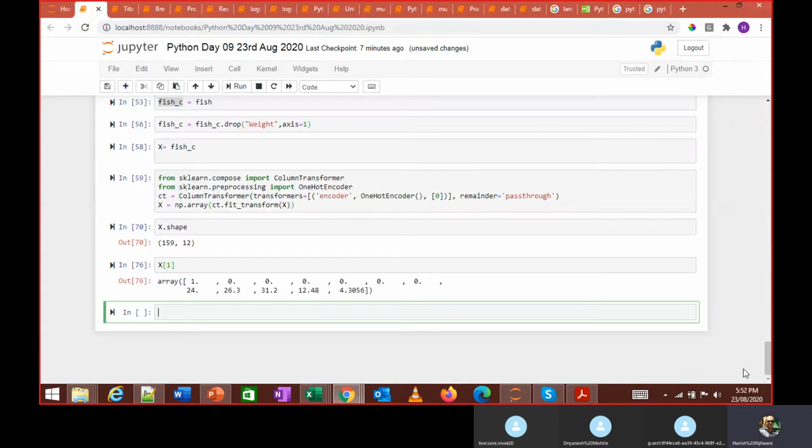Right. So now I don't need the last column. I mean, I don't need one of these columns. Okay. So if I do X and